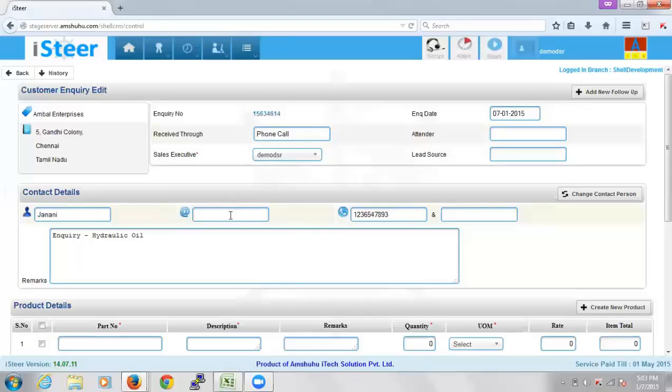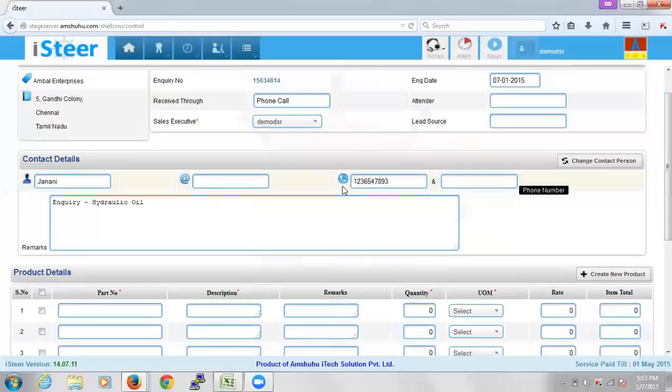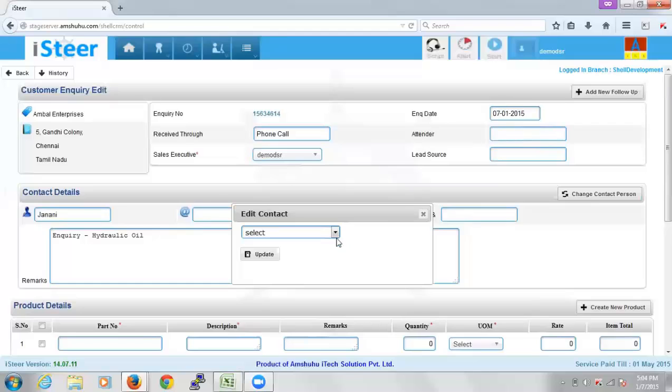If it is available in the system, then the system will pre-fill it here. Then the phone numbers. If at any instant there are multiple contacts in this company and you want to address the inquiry to another person, you can always change the contact person using this button in the inquiry form. If there are persons available, they would be listed in this drop down and you can update.